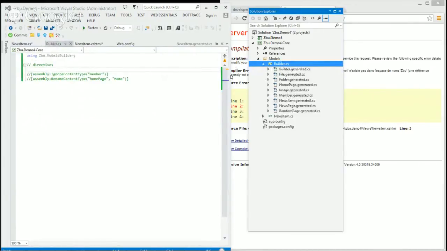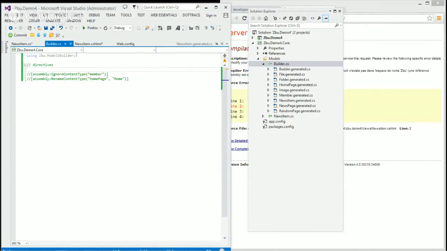At the moment, as you can see, I have a member.generated.cs, for when I get the member in a view. But let's say I don't want to generate that one because I'm not interested in it. So I can use a global attribute in the builder file. It's an assembly attribute which says ignore content type with alias member.